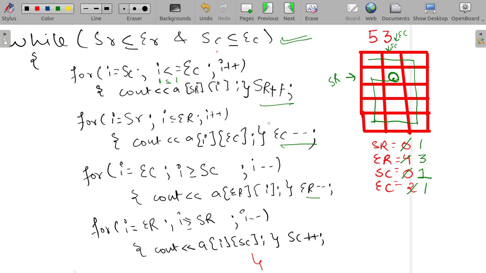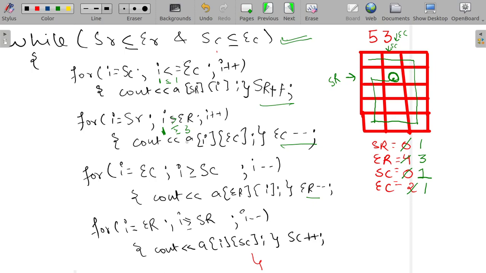Now let's see the next loop. For I equals SR and I less than or equal to end row, so let's check it. The value of I is SR, so SR is 1, so this will be 1. It should be less than or equal to end row. End row is 3.